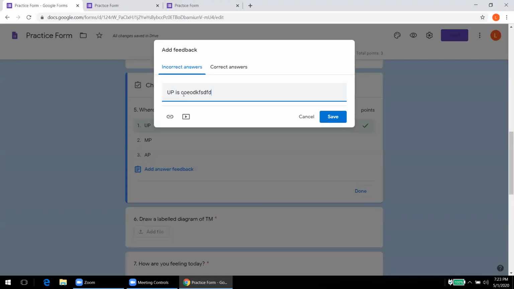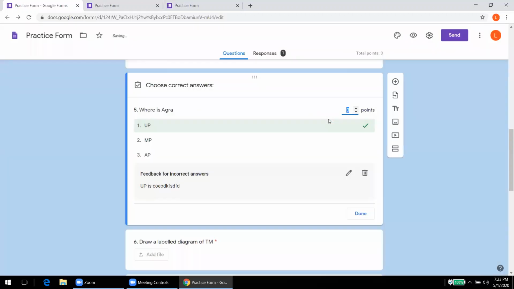So whatever message we want to give to the student, why this option is correct and others are wrong, we can give to the student, and we can save it. So whenever the student answers this question, along with the correct answer, he will also get the explanation for that correct answer. So this is how we can create a Google form.